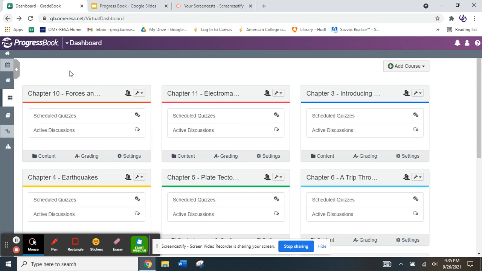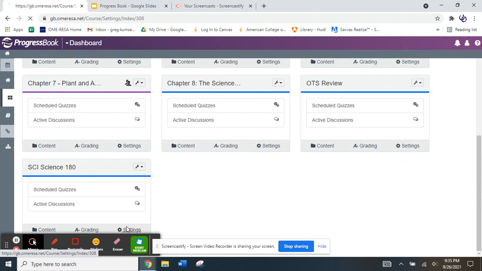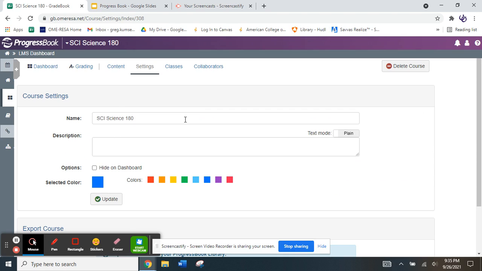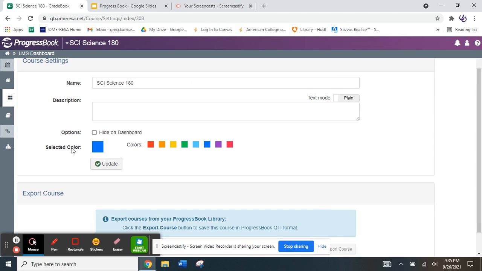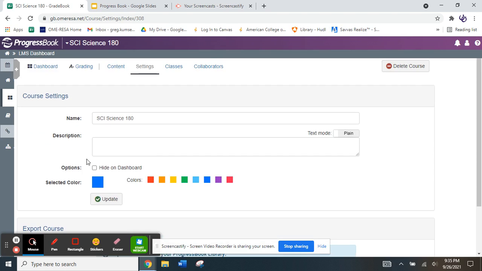And then here in the settings, this is where you're able to change the name if you want to. All right. Now, one thing that I want to discuss